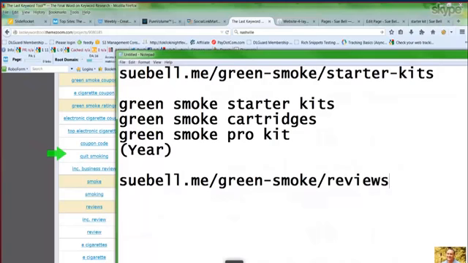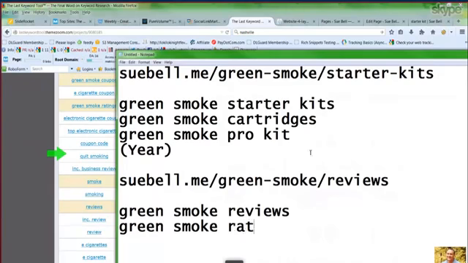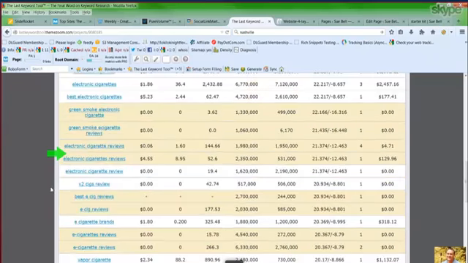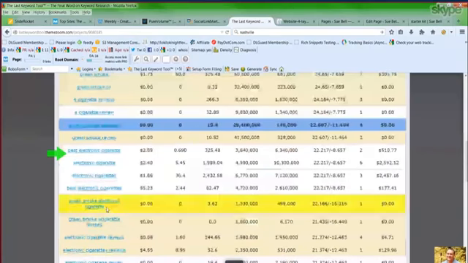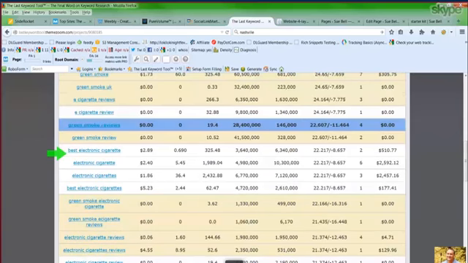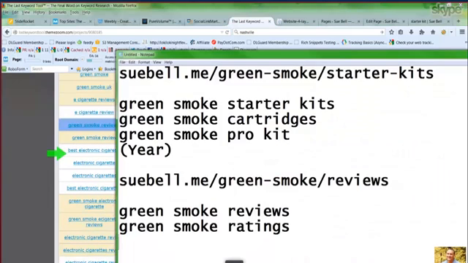And reviews. So now my keyword selection, I want to do green smoke reviews, and we'll do green smoke ratings. So in this instance, because we're trying to get the affiliate offers to sell, I might just be creative and do a mix of some keywords here, just because I'm not seeing anything else that's too related to reviews in there. And I know that on some of those other ones, I would put them on other silo pages that we created. So I'm just going to do green smoke